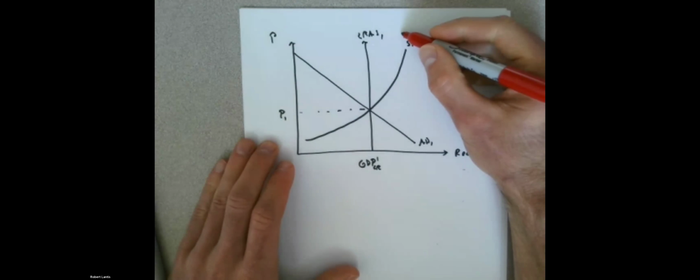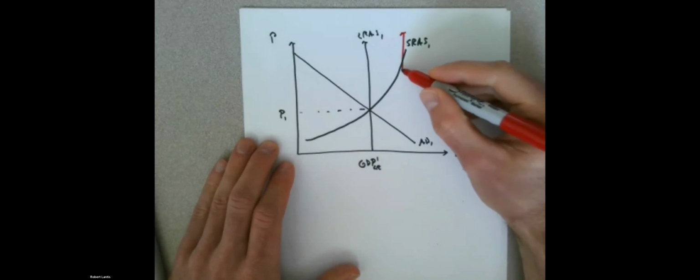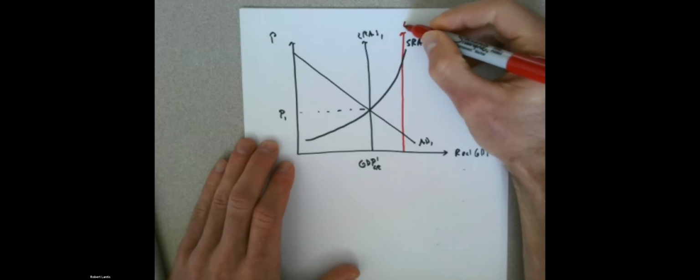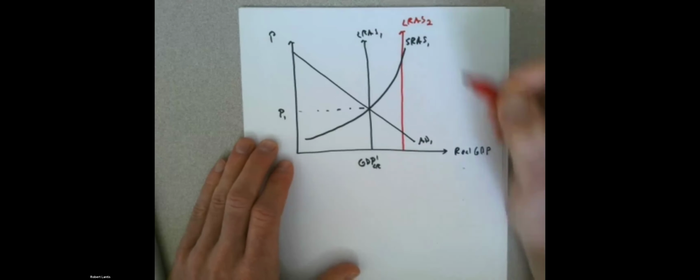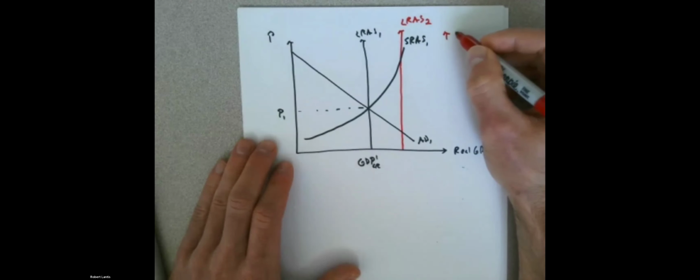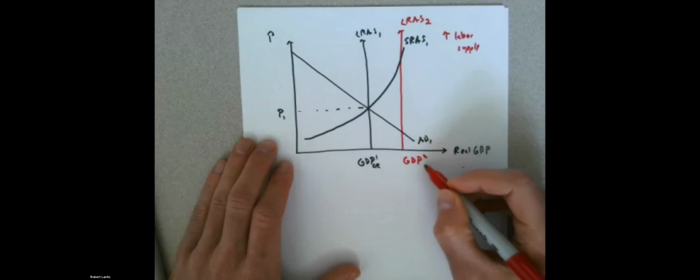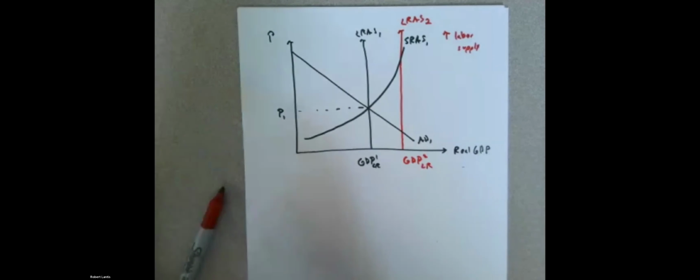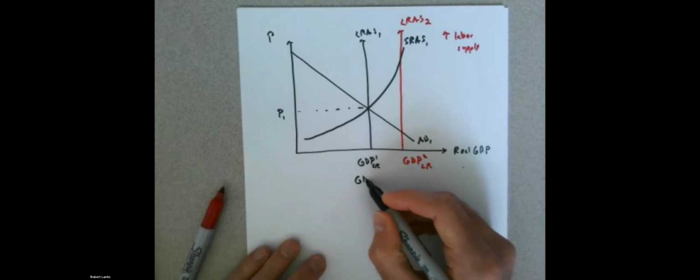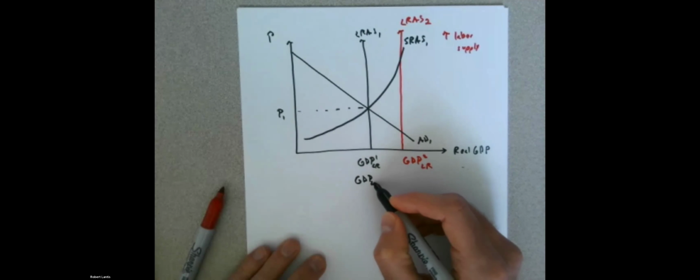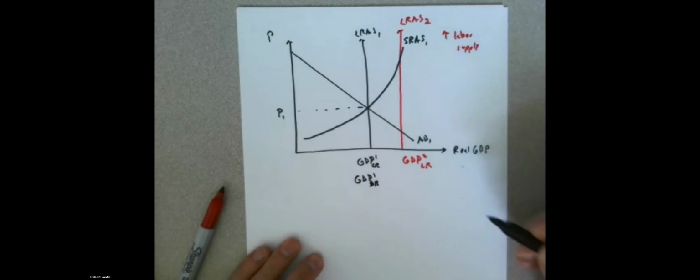So I think the one I did here was, let's assume we have a pretty large increase in one of those factors of pull. I think I, in the slide, said an increase in our labor supply. Right? Well, that's going to push our new long run GDP to a higher level. Now, initially, when we had this market in equilibrium, our short and long run GDP were the same. We had no gap existing.